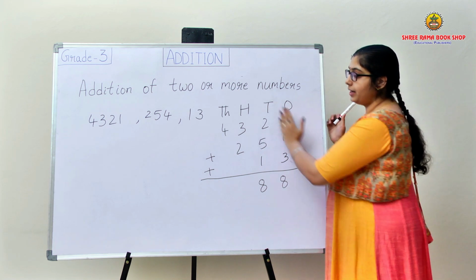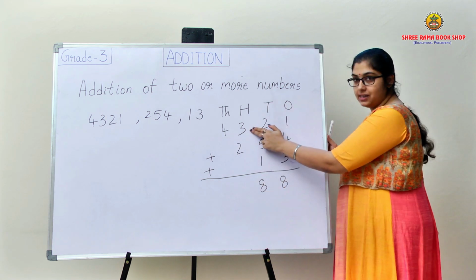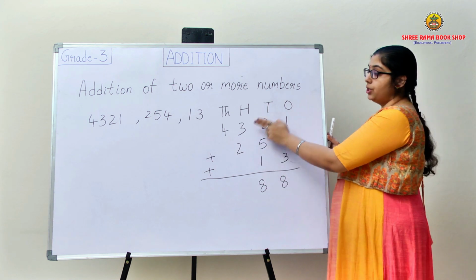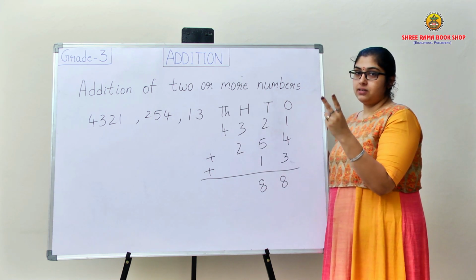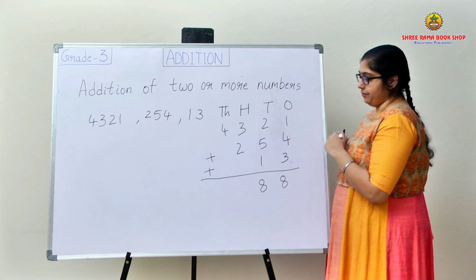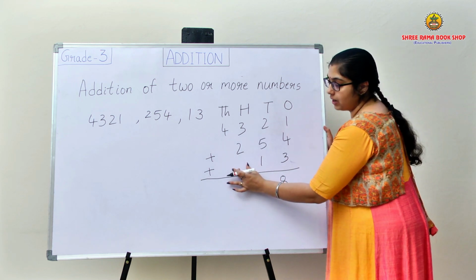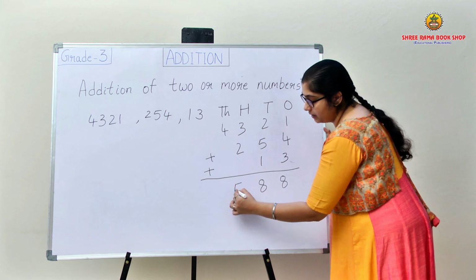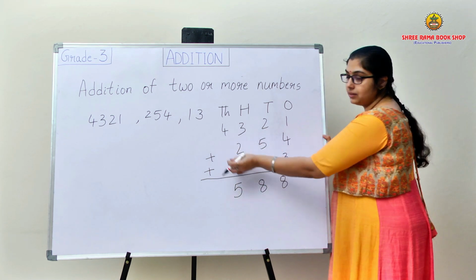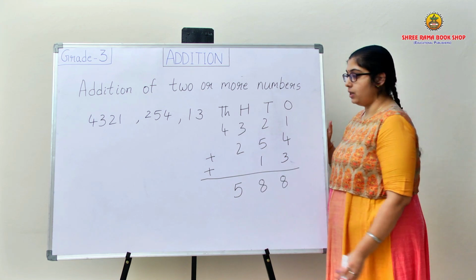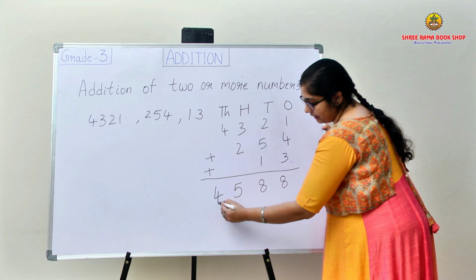Now I will go to hundreds place. I have 3 here. 3 plus 2. So 3 in the mind, 2 on fingers. After 3, 4, 5. I don't have another number, so directly I will write 5 over here. Here it is only 4 and there are no other numbers in that place value, so 4 I will write directly.